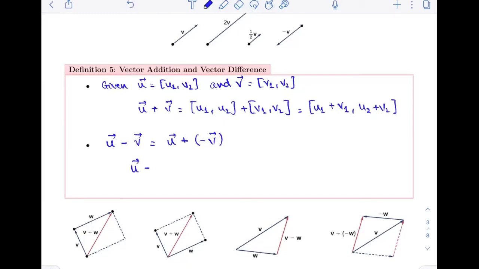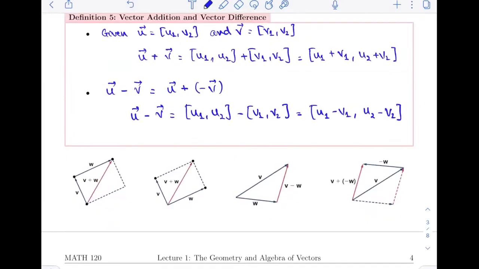So u minus v is equal to u1, u2 minus v1, v2, or this is equal to u1 minus v1, comma u2 minus v2. In addition to the algebraic method, we can combine the two vectors using vector additions and vector subtractions